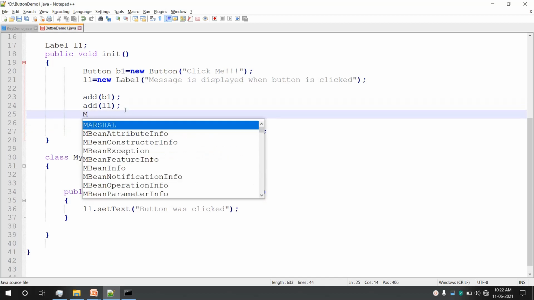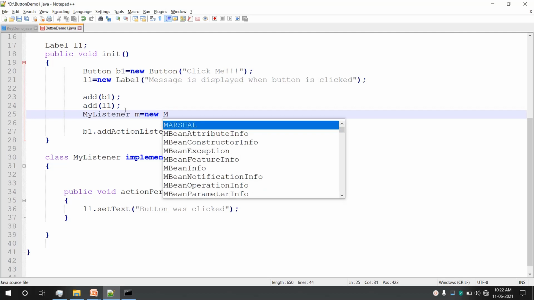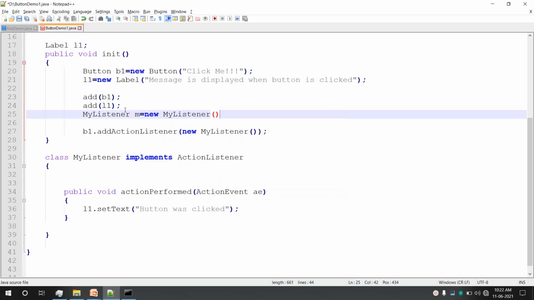We can say MyListener m = new MyListener. So here we have created an object of MyListener with the name m, but if you look at, the same thing we have done here also, but here no name is created. Here we have a name m, and that is passed as an argument to addActionListener.